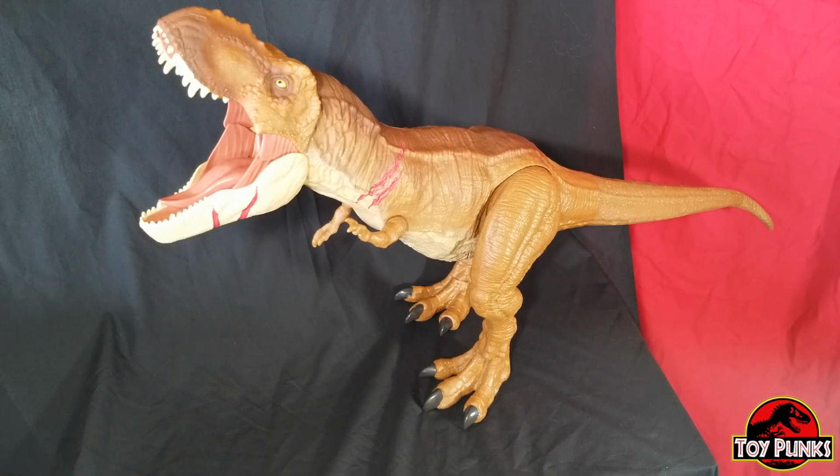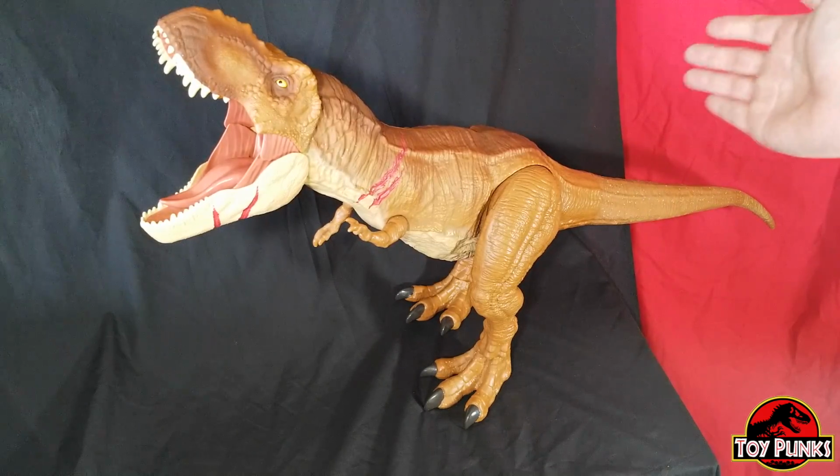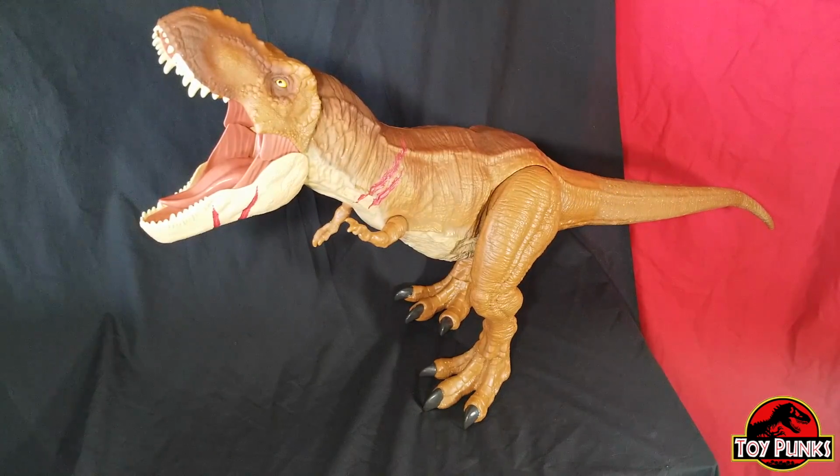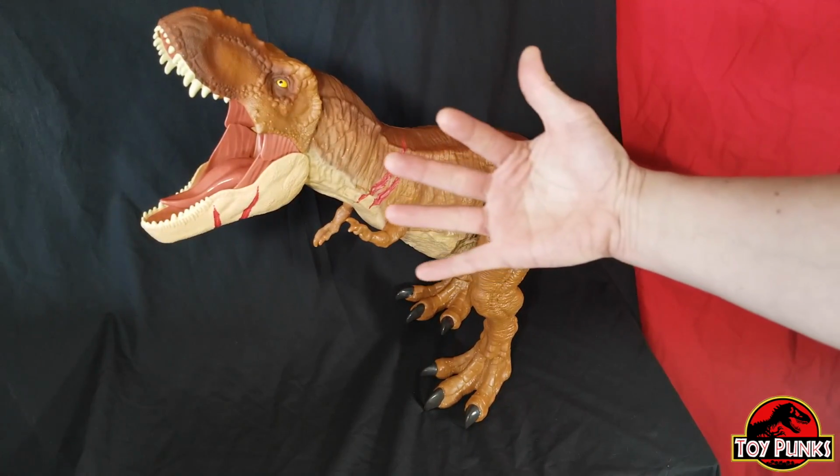Alright guys, we are back and we have this T-Rex out of the box, and man, this thing is crazy big. Look how big it is. We had to use 2 different backdrops just because this thing is giant. I mean, seriously, it does not look that big, and you guys probably, in scale with my hand, can't really tell,